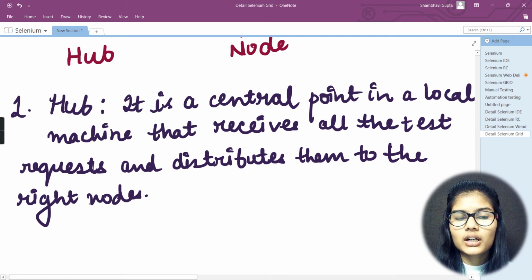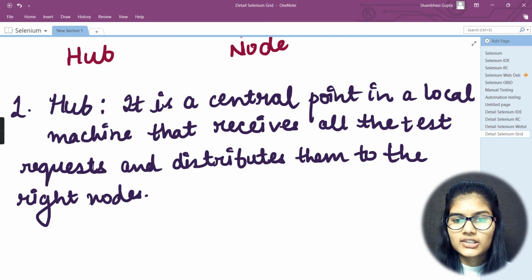Hub is called a central point in a local machine that receives all the test requests and distributes them to the right nodes. Whichever are the correct nodes, it distributes them to those respective nodes.